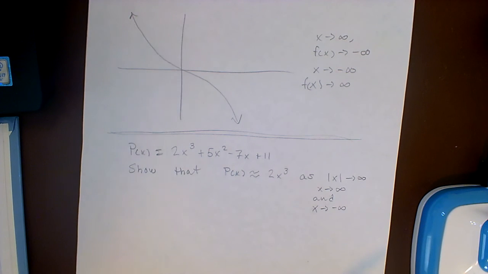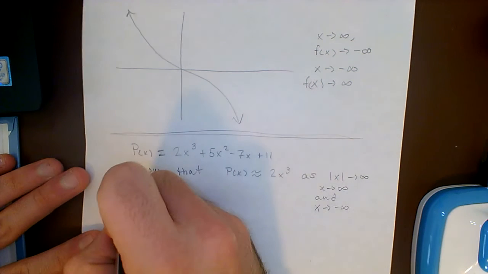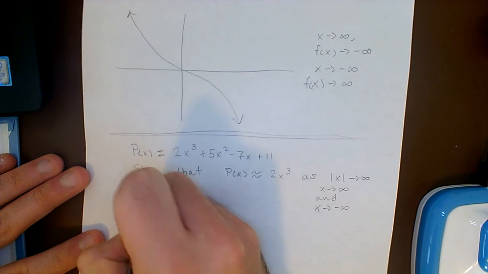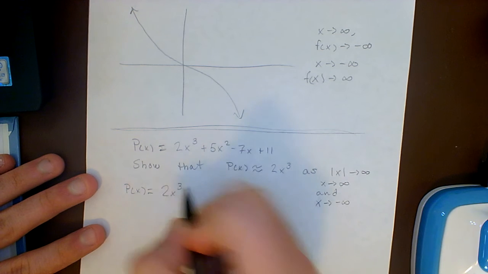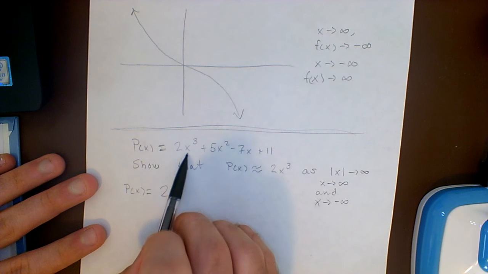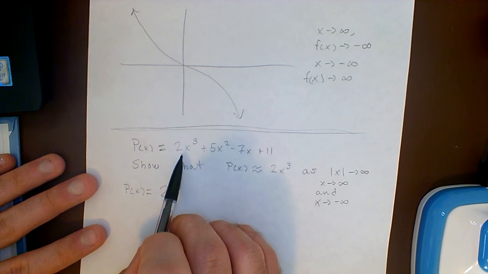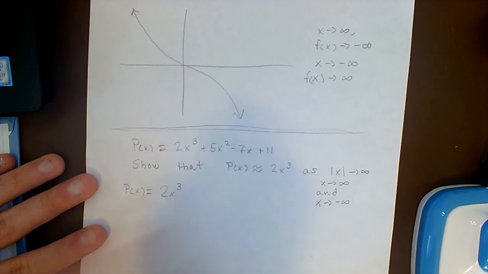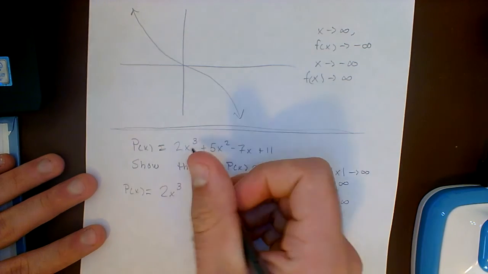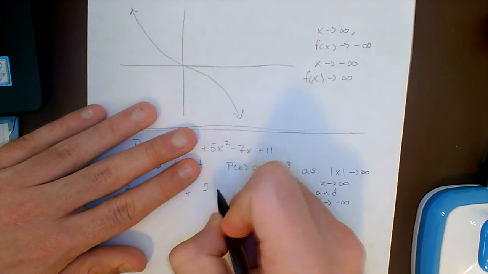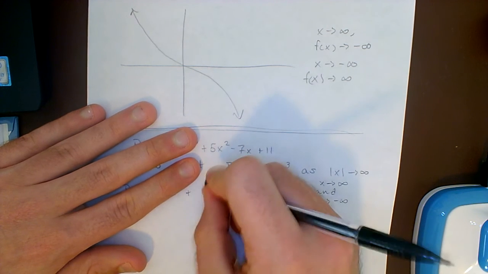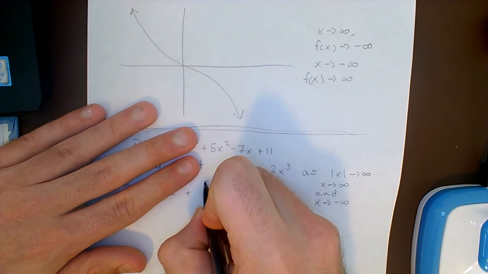So what we want to do is rewrite p of x in a kind of silly way here. We're going to write it as 2x cubed. We're going to leave that leading term alone, the term with the highest exponent, 3. Always leave the highest degree one alone. But then we're going to do this. We're going to multiply this one by,